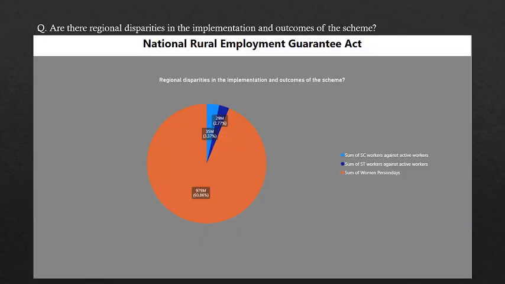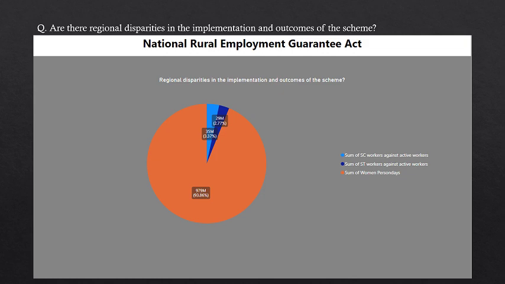poverty alleviation. The second question: what are the regional disparities in the implementation and outcomes of the scheme? Yes, regional disparities in implementation and outcomes are evident. Variations in job card issuance, budget allocations, expenditures, and work completion rates highlight inequities. Some states effectively utilize funds and achieve high completion rates, while others struggle, indicating the need for targeted interventions to